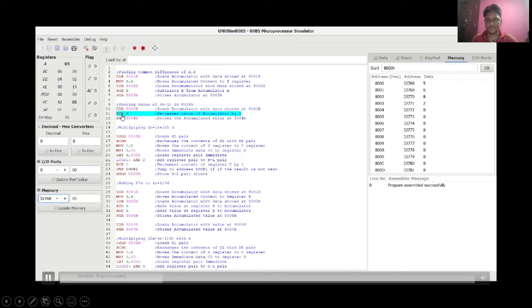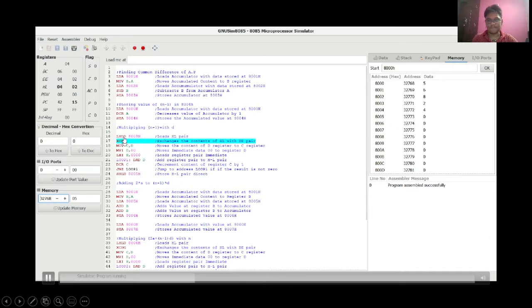After that we will just, as you can see, accumulator is 5 now. We use the decrement command. This will decrement the value by 1, and then we'll store this value in 8004H. So 8004H will have value 4, as you can see. Then we multiply n minus 1 with D. As you can see, n minus 1 is 4 and D came out to be 2. So we will multiply this 2 and store it in 8005H. So 4 times 2 is 8. So 8005H should be 8 after this block of code runs.